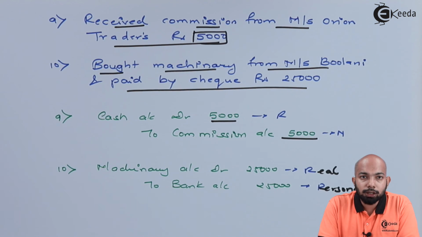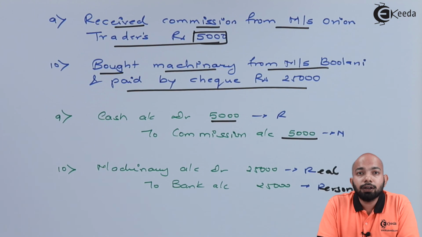Make sure the golden rules are followed, and all the journal entries are made as per the golden rules, after understanding what has been mentioned in the question. If there is a cash transaction, go through that. If there is a check transaction, always mention bank account there. Whether it's debit or credit will depend on whether it's a purchase or sales transaction. Also, if goods and stock account is not supposed to be used, you can use purchase or sales. If goods have been bought, it will be purchase account. If goods have been sold, it will be sales account. This is just an additional FYI, that means for your information, which you can use for your reference in passing journal